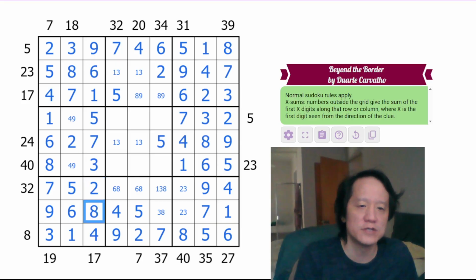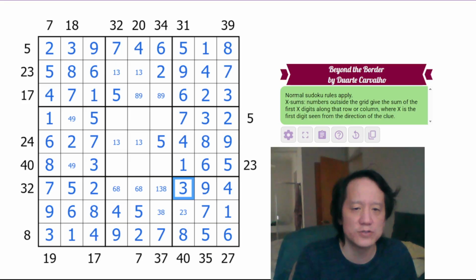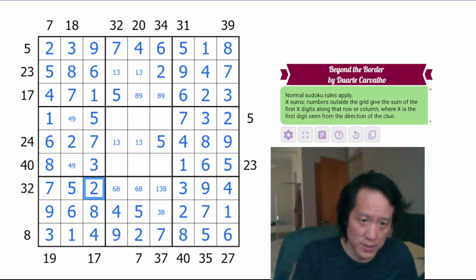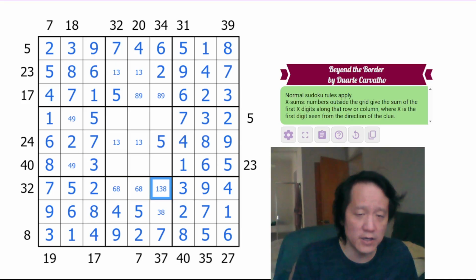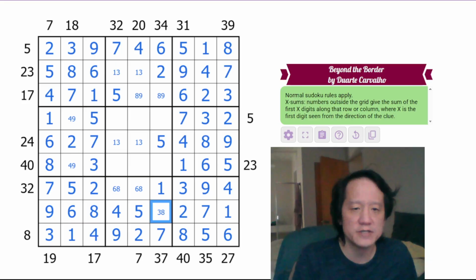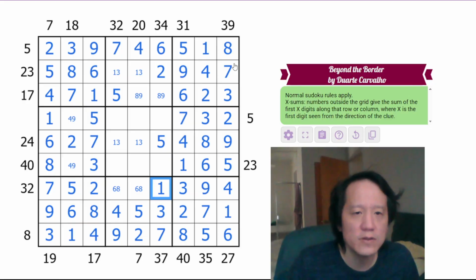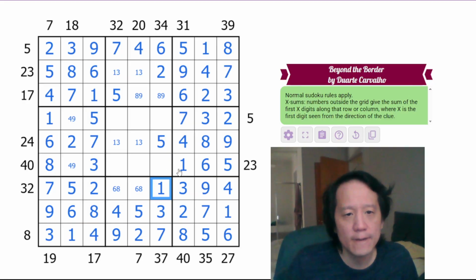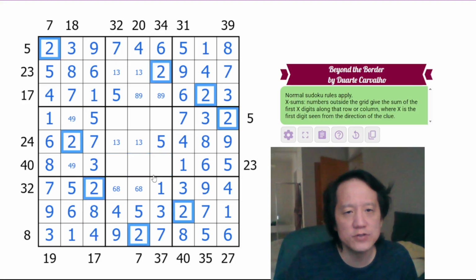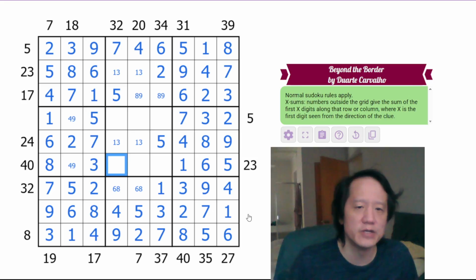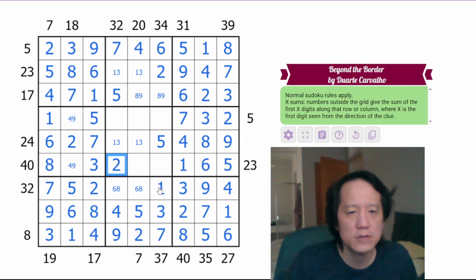This is 2. This is 8. 2 eliminates 2 here, so it's 3 and 2. This 8 can't be 8 here. This can't be 3, so this is 1. This 8 eliminates 8 here, so it's 3. We have 8 2s. We know where the last 2 has to be. It has to be here. 1s we have, they're kind of,